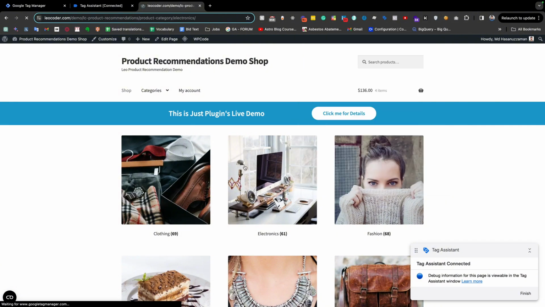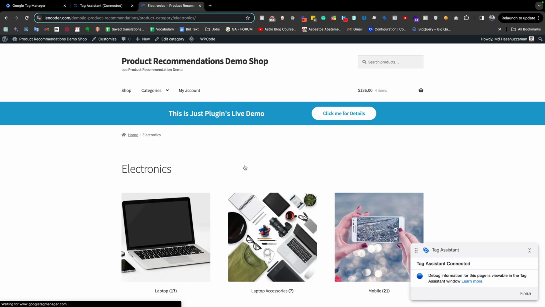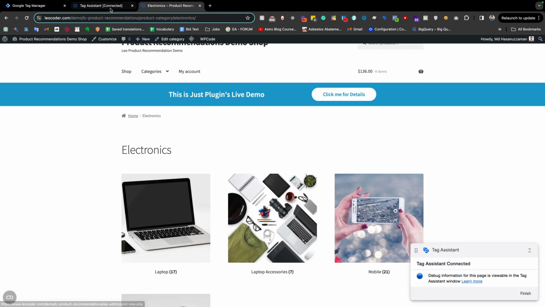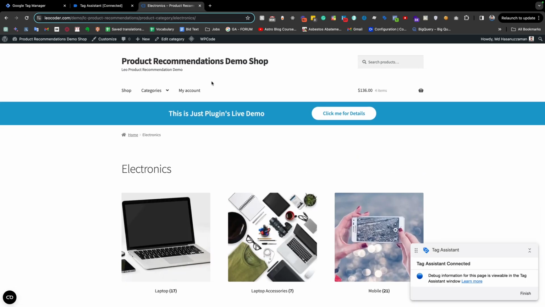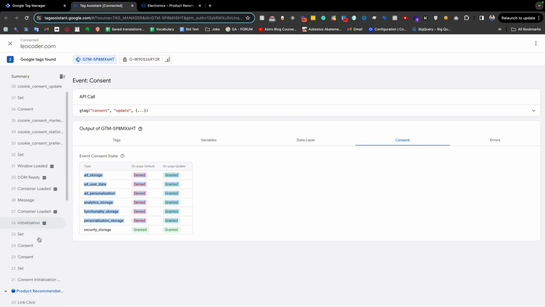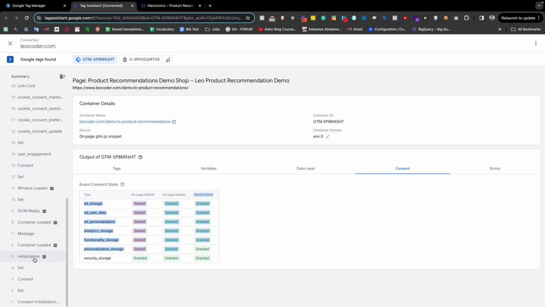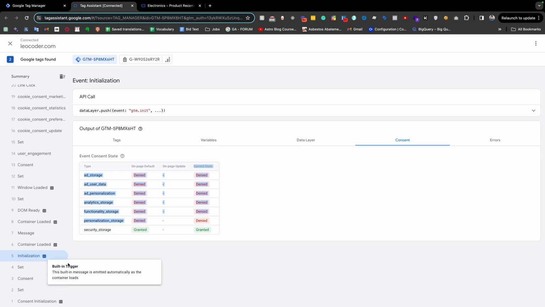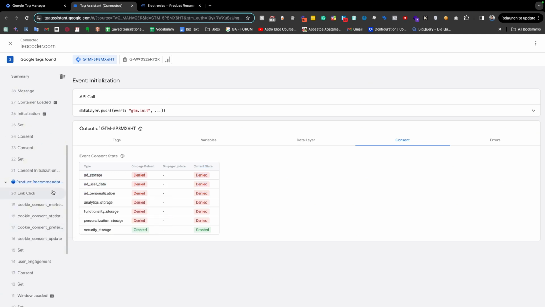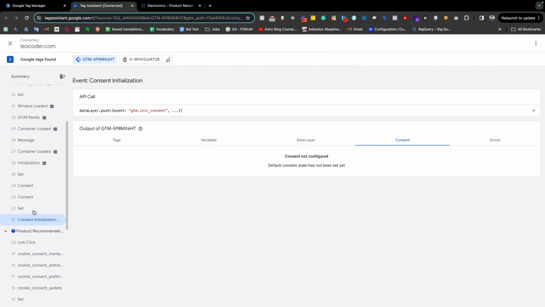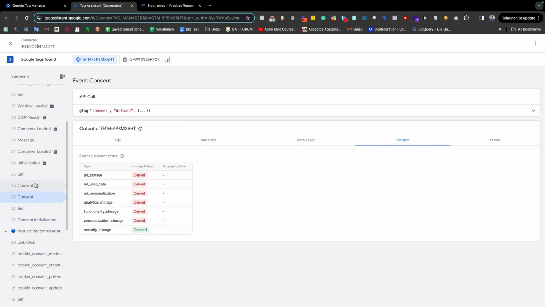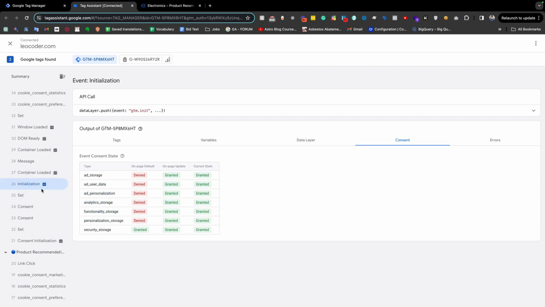So, for example, if I go to another internal page, you see there is no cookie consent banner. Right now this is our second page after giving cookie consent. When we visit another page or visit this website again, this stays. If we come here, you see that this was our first page and this was the position of the GTM script. And if we check our second page, this is the consent initialization. At the beginning there is no consent and everything is granted,